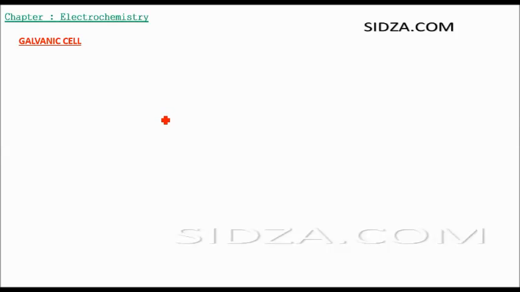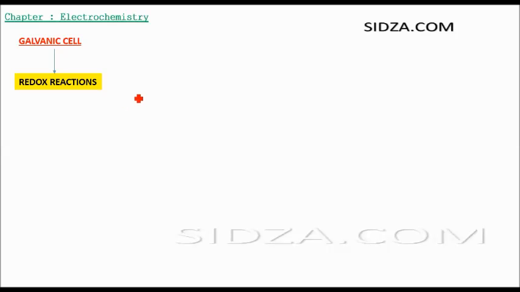Hi students, in this lecture we will discuss the working of a galvanic cell, how we generate electric current from a galvanic cell, how it works. We know a galvanic cell is a device in which chemical energy is converted into electrical energy, and the chemical reaction going on in a galvanic cell to produce current is called